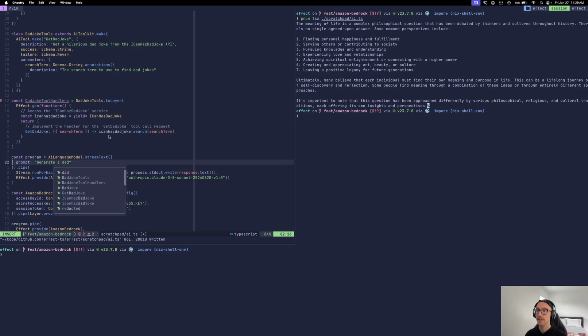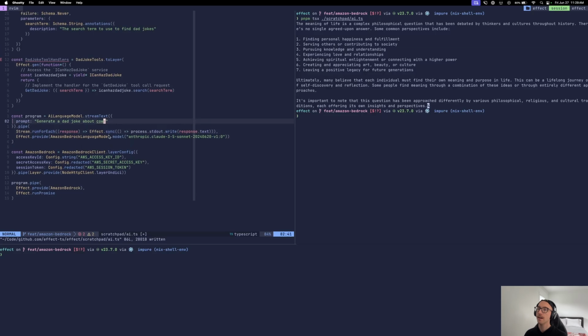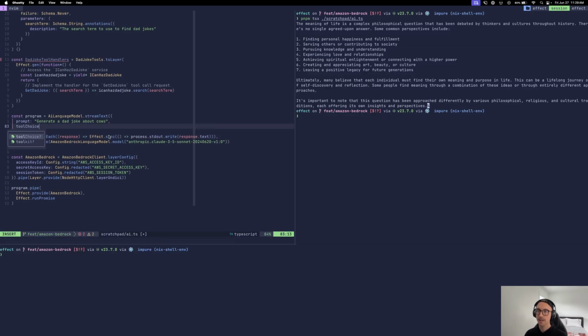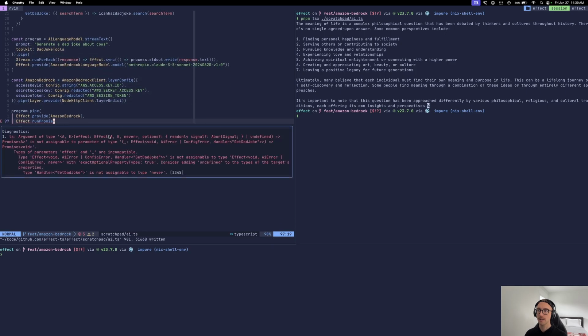Generate a dad joke about cows. And we're going to do toolkit dad joke tools, which means here we'll get an error saying that actually,